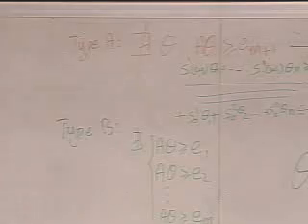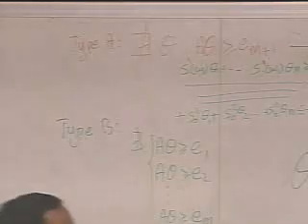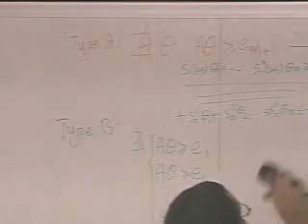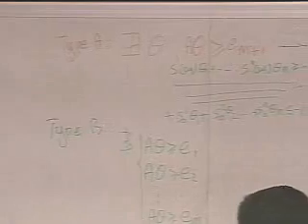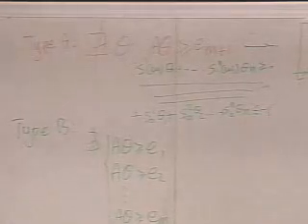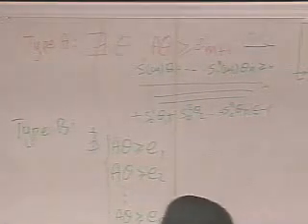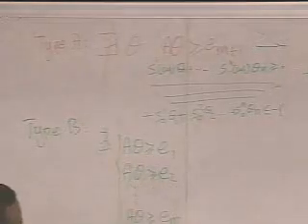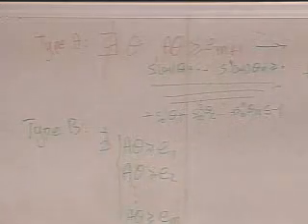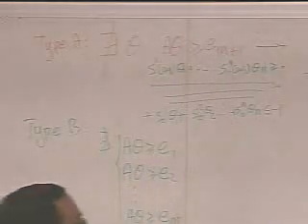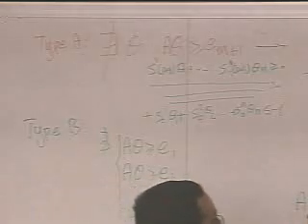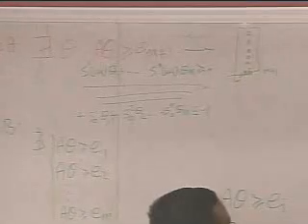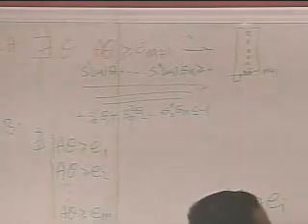Now we are done. Now we can use our knowledge of duality to get some nice results. Finally, all this talking would show something. Up to now it was nothing. Now, if you look at this, A theta greater than or equal to E_1, A theta greater than or equal to E_m, A theta greater than or equal to E_{m+1}. Write it in a compact way: A theta is greater than or equal to E_i, where i is any number between 1 and m plus 1.